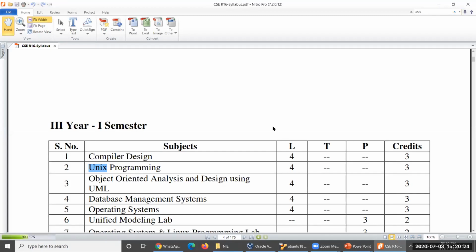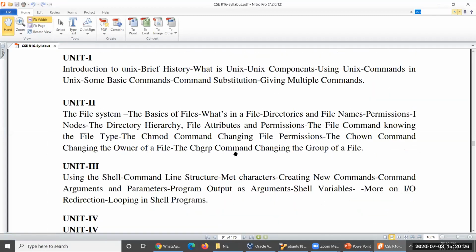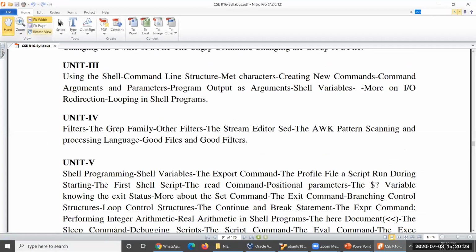I will introduce one more editor tomorrow, that is the stream editor, sed. After completion of this one, we have awk. These two will be discussed tomorrow itself. Then we have already seen grep files and grep filters. We will also see these by the day after tomorrow. Probably this is one class, this is the second class, and both of these will be the third class. By the third class, unit number 4 will be complete.